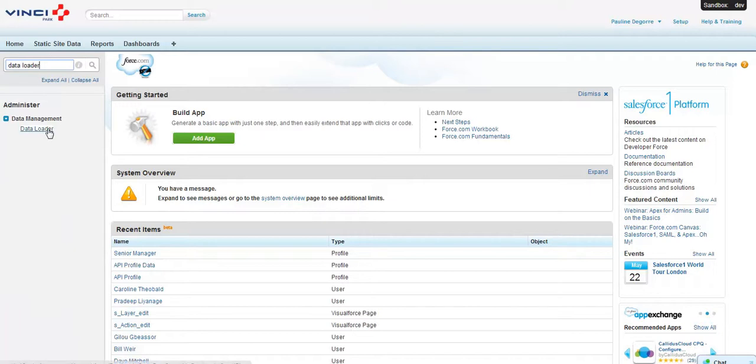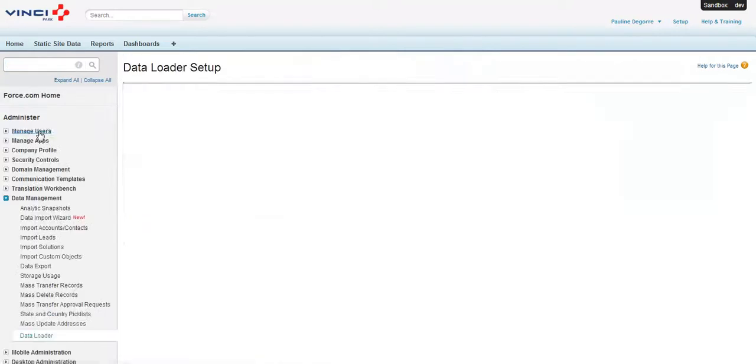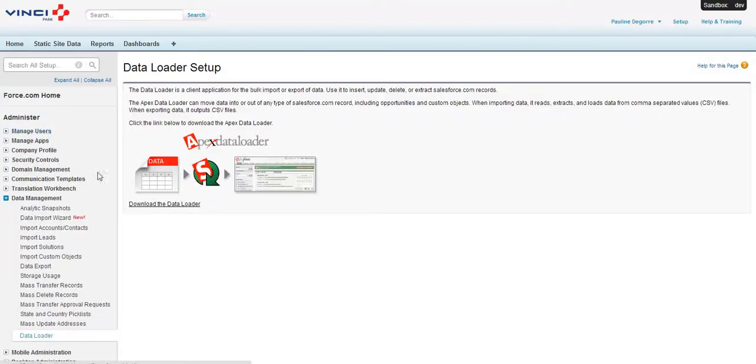Here I have access to Data Management, Data Loader. You click on Data Loader, and from this page, you are able to download the Data Loader. So I let you click on this URL and install very simply the Data Loader tool.